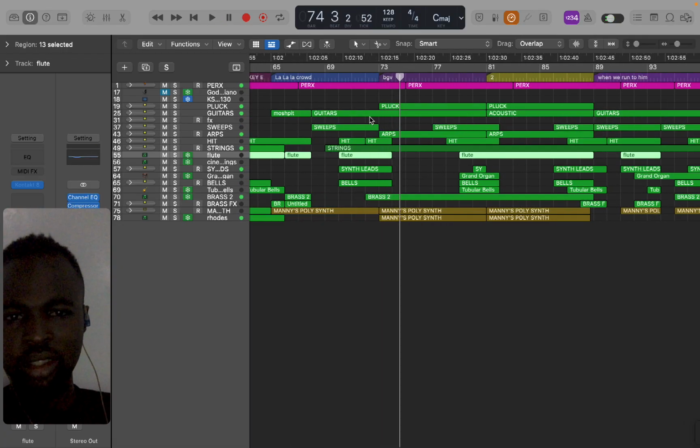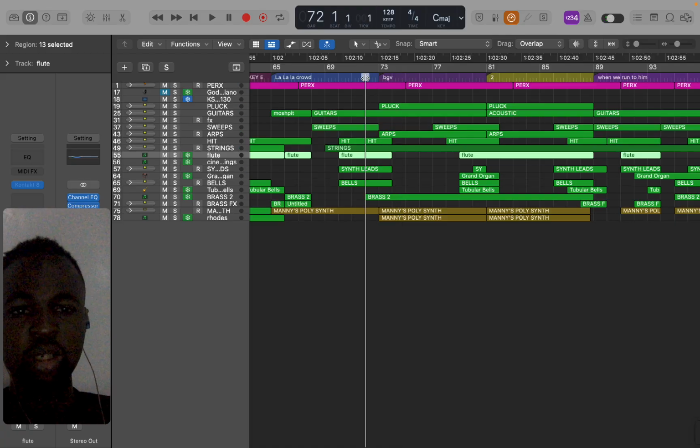Now you can hear my brass is coming in active here as a solo instrument. My guitar is back, the acoustic guitar. This is the life of the... If I should mute it,